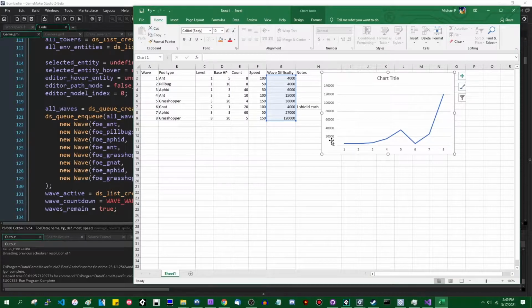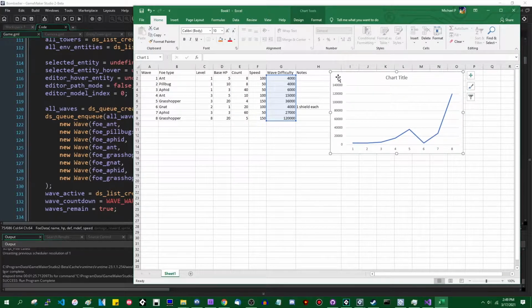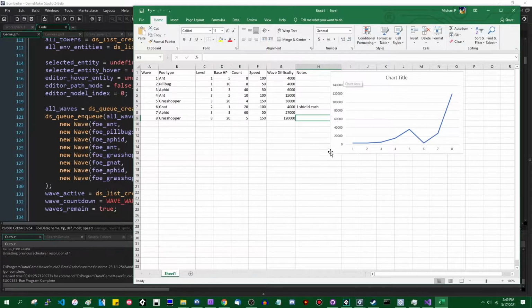So balancing games is a bit of an ordeal because already this is a fairly simple game. We already have a number of variables at play that affect the difficulty. I'm not even going to talk about towers yet. I'm going to deal with towers after I deal with foes. That may or may not work out as well in practice as it's going to work out in my head, but first I want to make sure that the difficulty curve of the foes goes up more or less gradually,